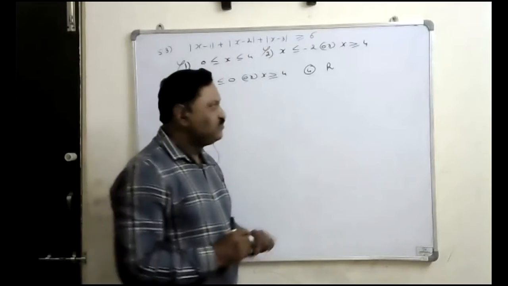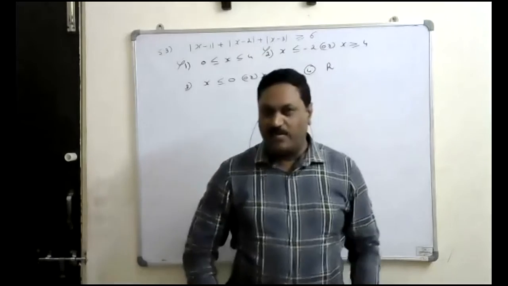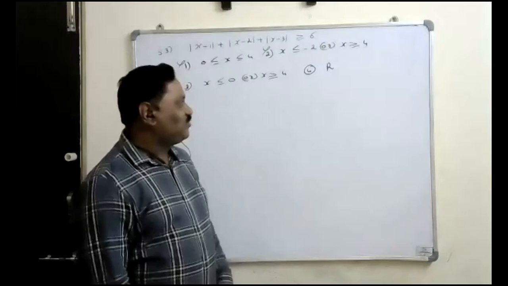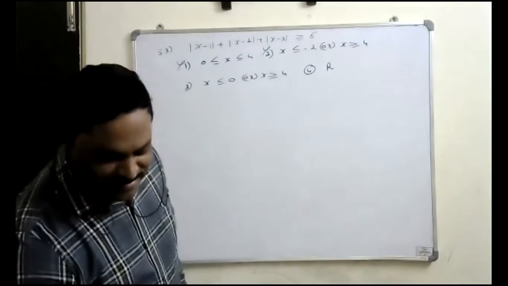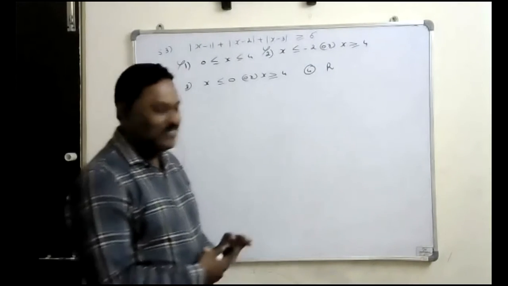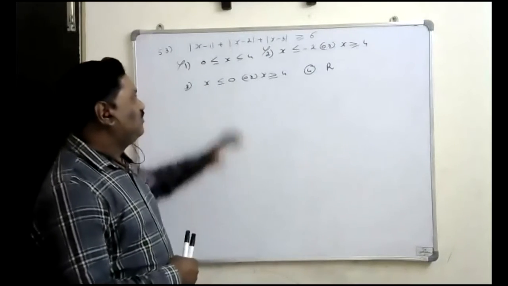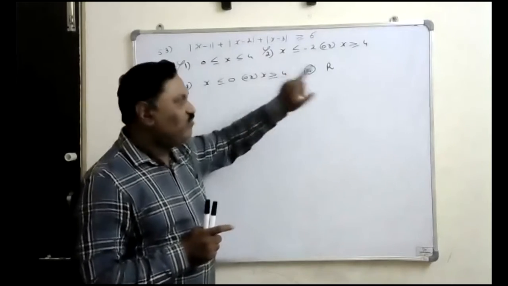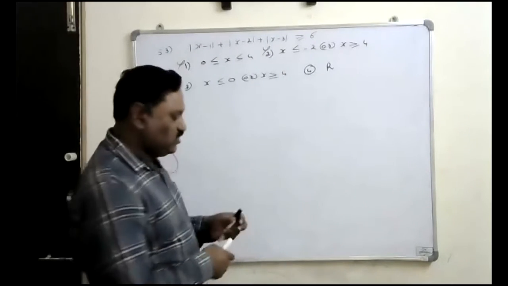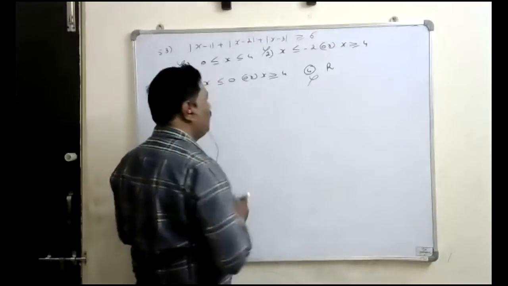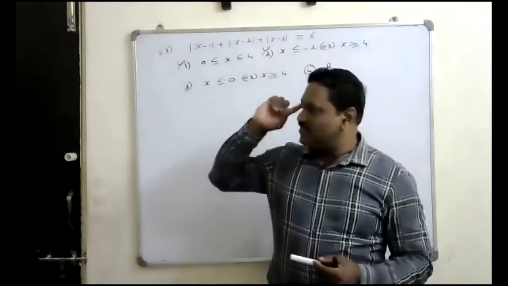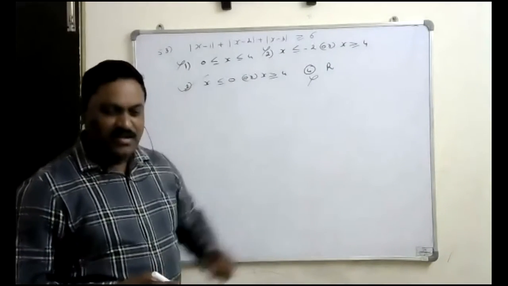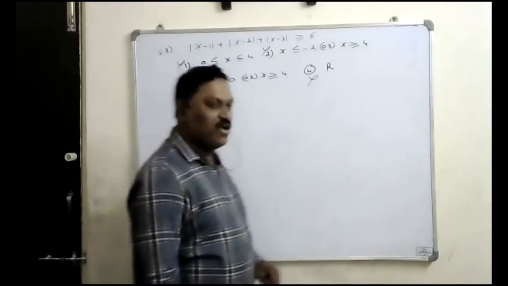Now we have to select one option from these two. Third option? Do you like it? We have to check again. If we take 1, it is 3, which is not satisfying. But 1 will be in all the real numbers also, that's why it is not correct. Whatever the third is, I don't know. Since these 3 are not correct, compulsorily the remaining option should be correct. Like that, by the elimination method, we can identify the correct option.